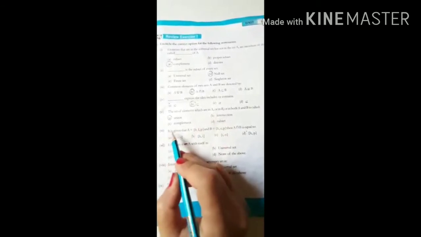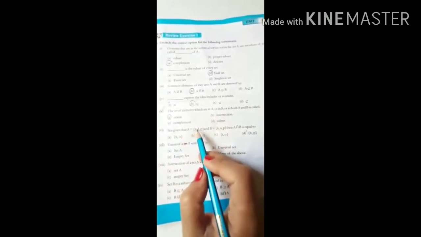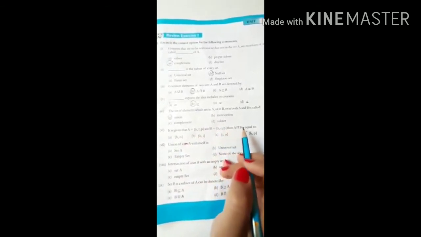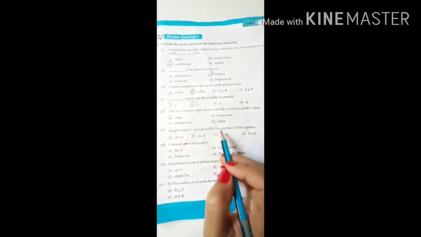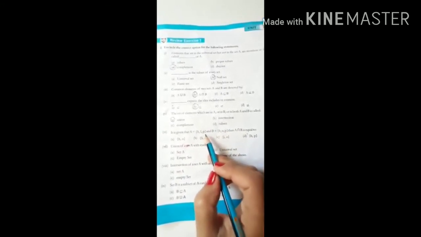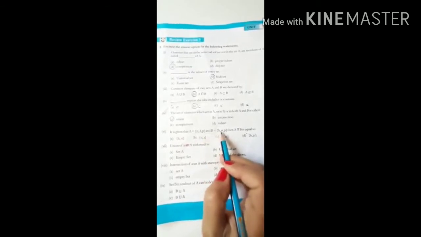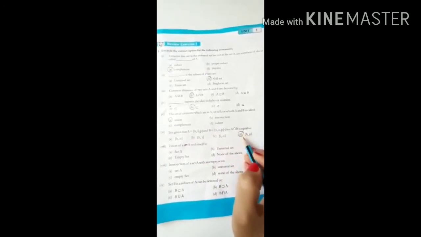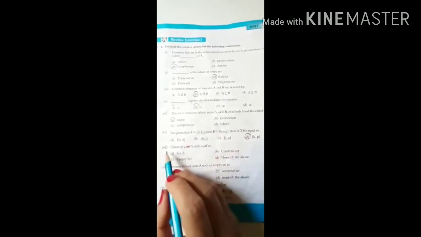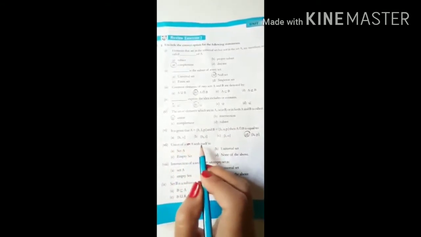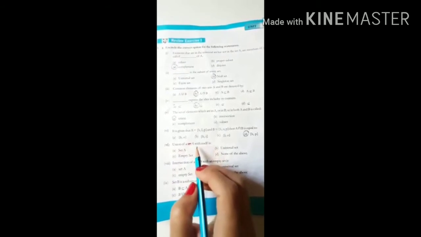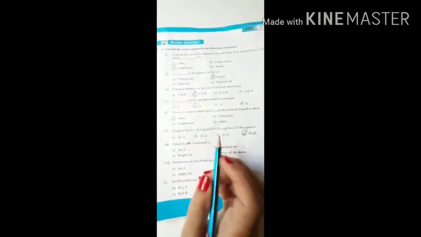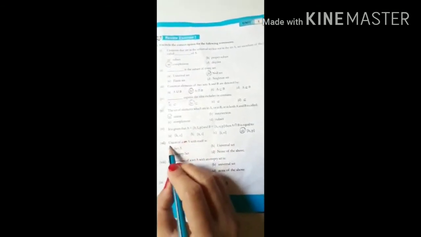Now part 6. It is given that the A set is HIP and the B set is HOP. Then A intersection B means their common elements, which are H and P. Look at this one, H and P are common between these two sets, so this is the right option, H and P. Now the seventh part: the union of a set A with itself. When we take the union of set A with itself, you know the answer will again be set A. So the answer is set A.